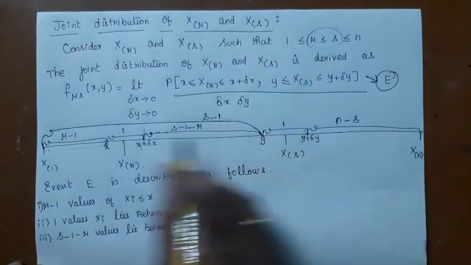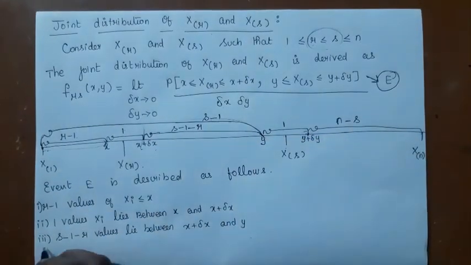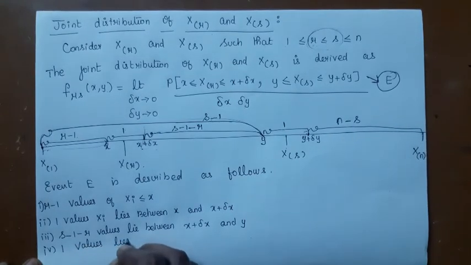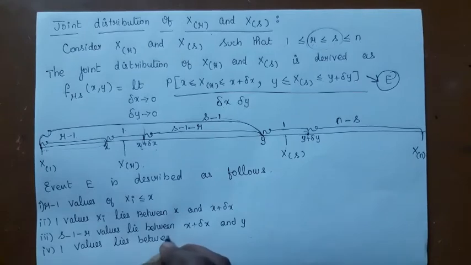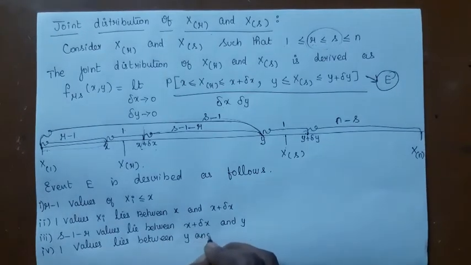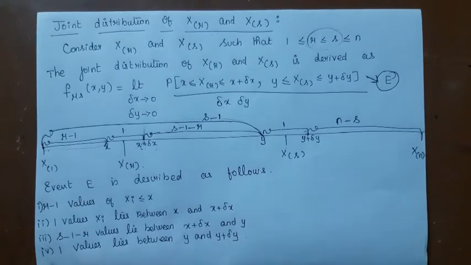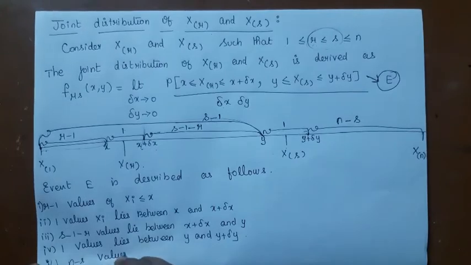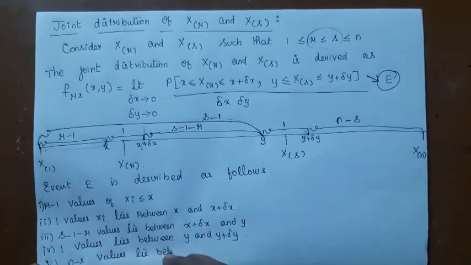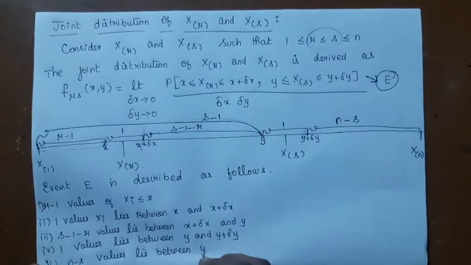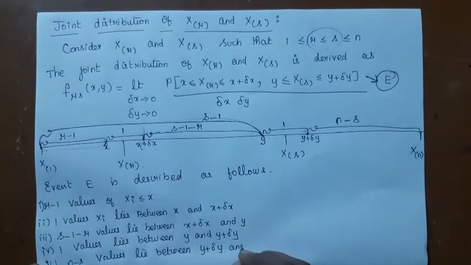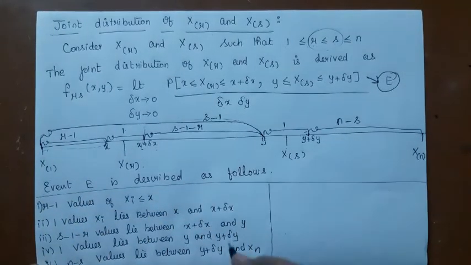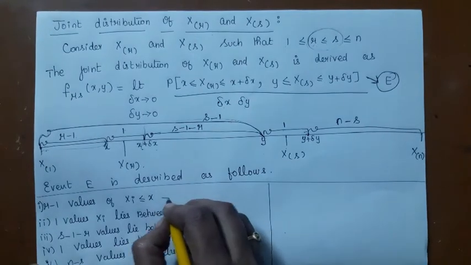I am just explaining this line array, that's all. One value lies between y and y plus delta y, and the last point is n minus S values lie between y plus delta y and Xn. Fine. So you have described the events here, and to make the process simple,